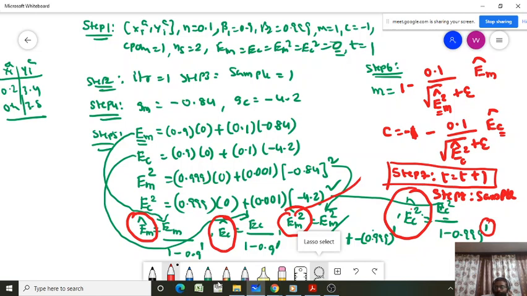Step 4. Okay, we are going to step 4. Let us assume all the samples are covered. Then update the iteration, iter equal to iter plus 1. Now check for the other convergence, that is if the iteration reaches the maximum number of iterations or not. If it does not reach the maximum number of iterations, then we are going to